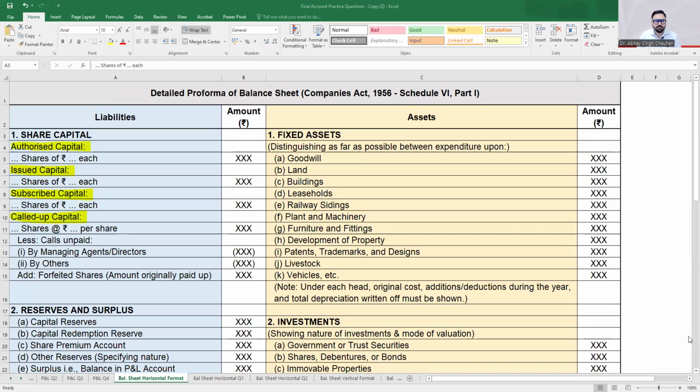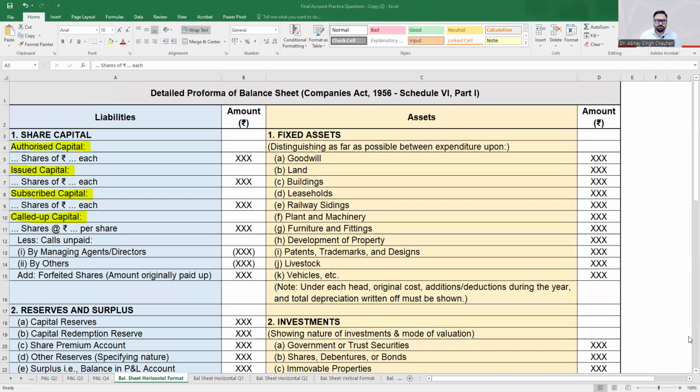So in this video lecture, we'll be looking into the numerical part of the balance sheet. We'll try to understand the numerical part with the help of an example, and we'll understand this balance sheet as per the Companies Act of 1956. In the previous video, we have seen the basic format of the balance sheet as per the Companies Act of 1956. Now in this video, we'll try to understand this whole format with the help